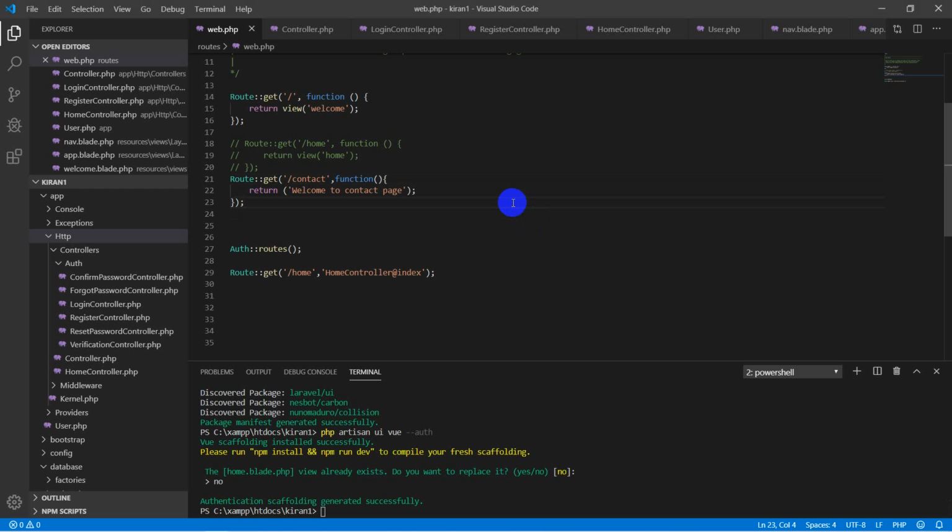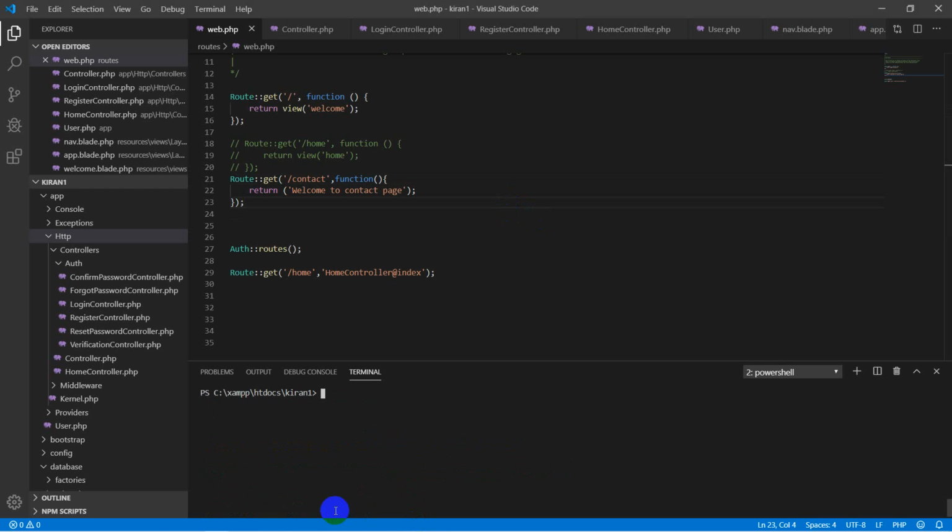To create a controller, first of all go to the terminal, that is the command prompt, and go to the project folder. So in my case Kiran 1, then type php artisan make:controller and the controller name as ContactController. Then the controller will be created successfully. Let's check into the project.